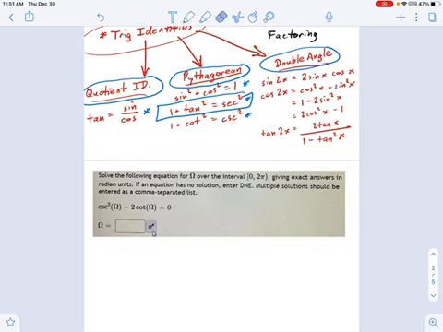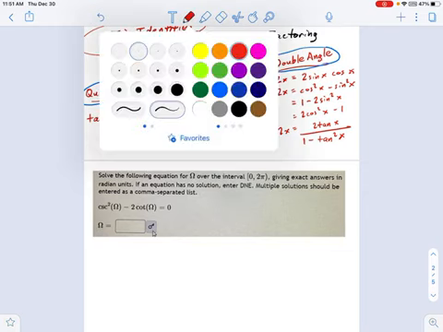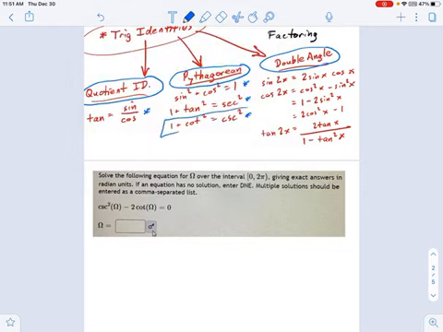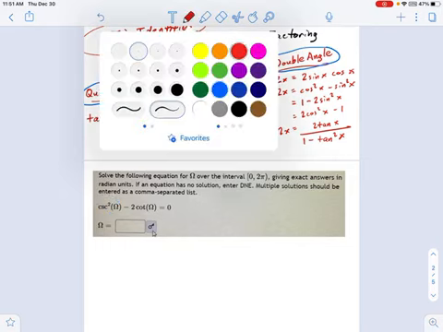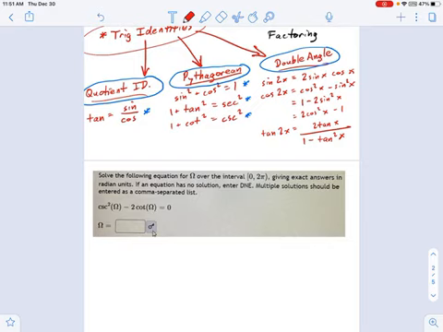In particular, the cottage cheese identity. Cottage cheese looks like it's going to be a big help here because that has cotangent squared and cosecant squared. And I see a cosecant squared right there. So that is one technique. It is not the only way to solve this thing. And I'll just make the cottage cheese substitution so you can see how that would work. And then I'm going to get into how you would use a double angle on this thing.